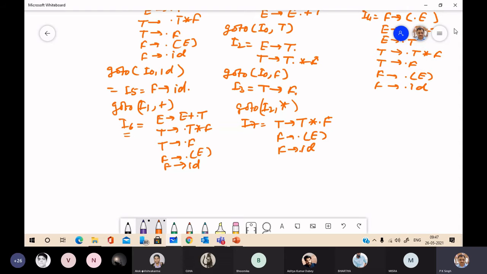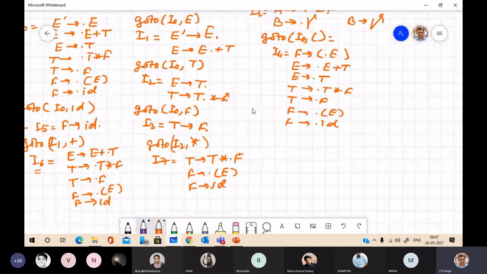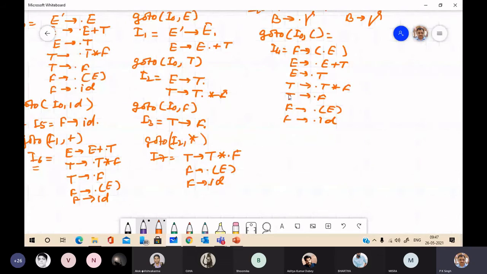So come to the next item set, that is I4. I4 is this. Just see here. First, GoTo(I4, E).